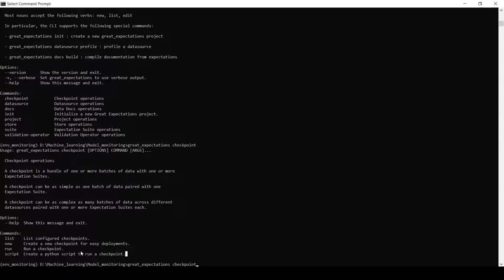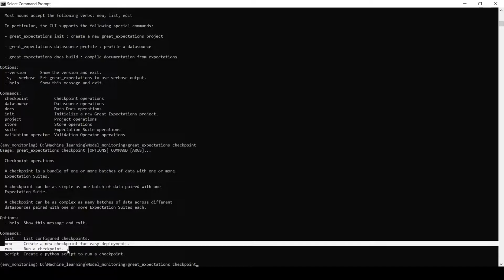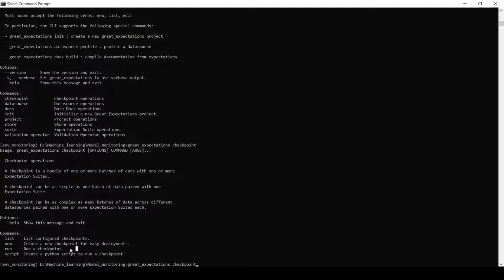So here we have 2 options: generate the checkpoint manually and test it with the help of the command line, or generate your Python script for your automated pipeline. We have both options. First we'll explore the manual option, checkpoint new, and we'll give the name of the checkpoint: Uber checkpoint.